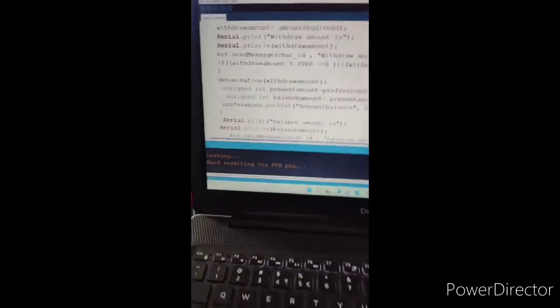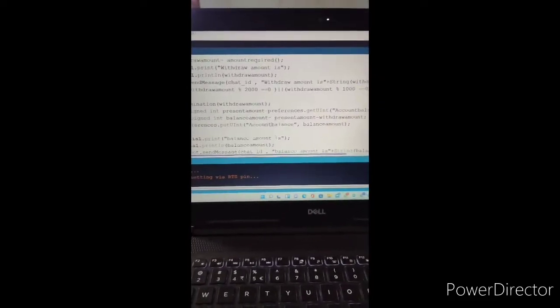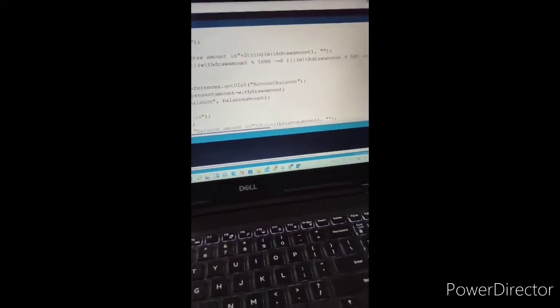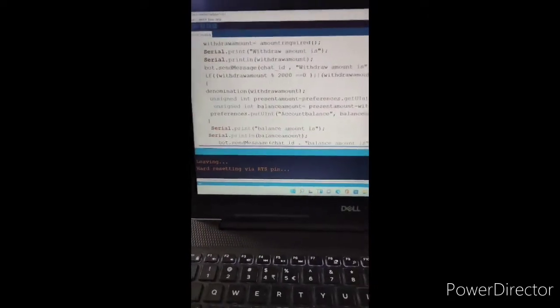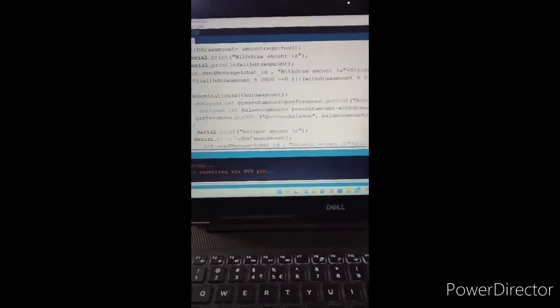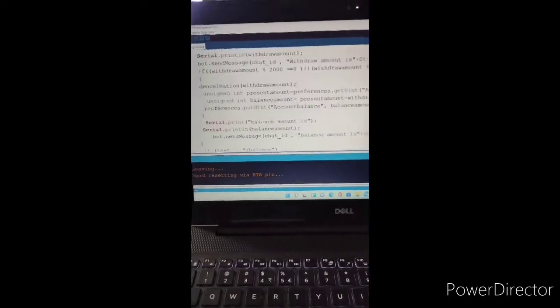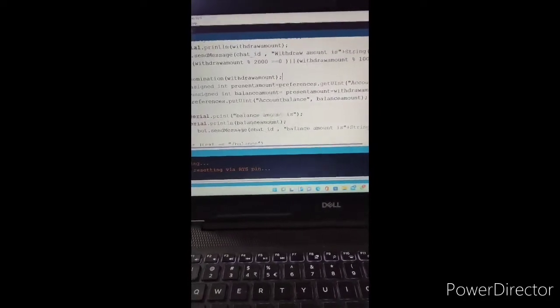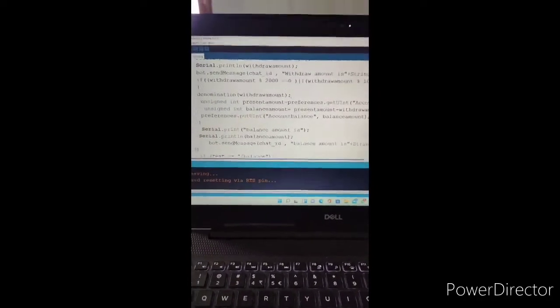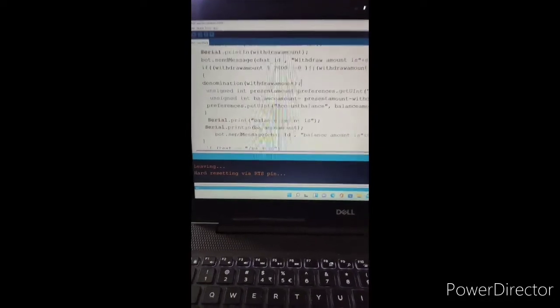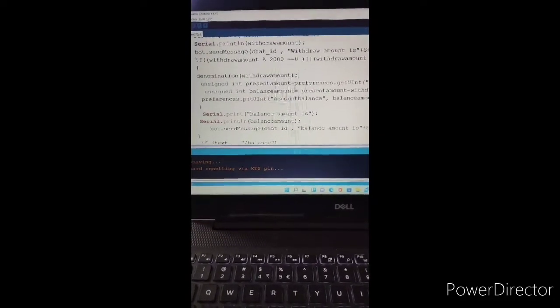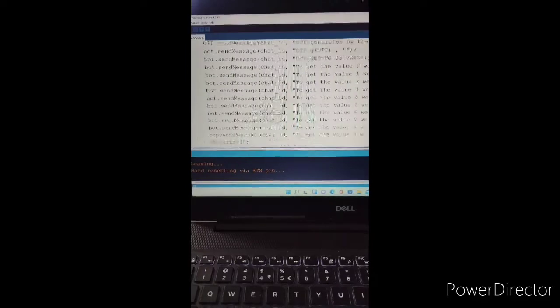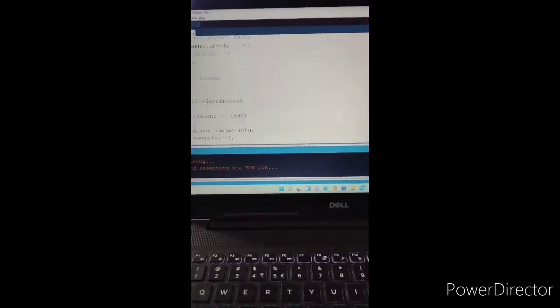Next, if the withdraw amount is not in multiples of 2000, 1000 and 500, it will not enter this loop. If it is a multiple of 2000, the denomination function will be called with the withdraw amount.